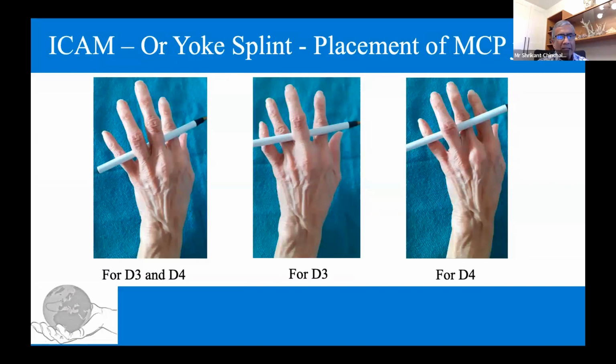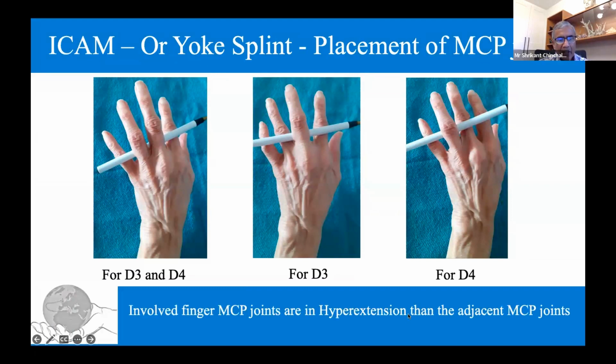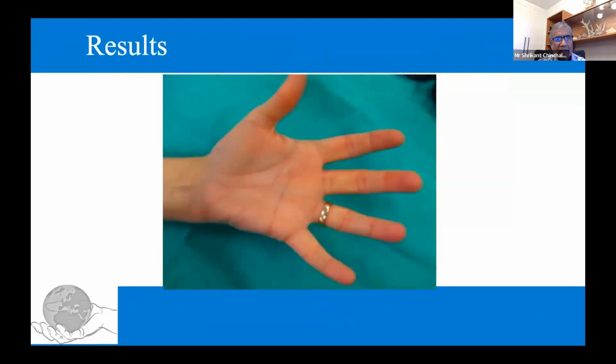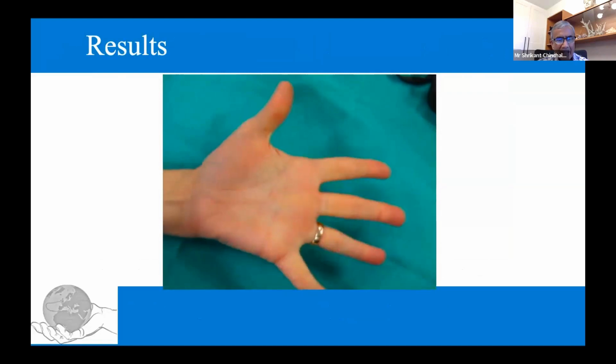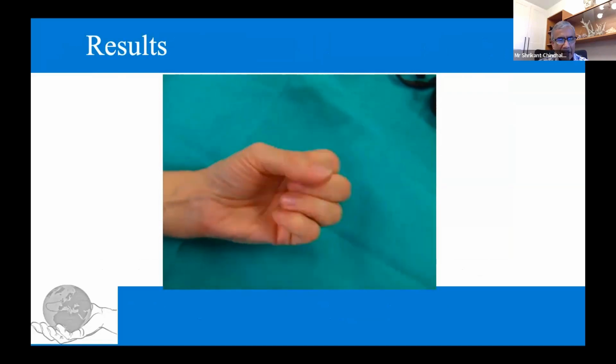So the principle is to use an ICAM splint or a Yoke splint. It is also called relative motion splinting. The principle is to keep the involved finger, the involved MCP joint, in a hyperextended position as compared to the adjacent metacarpophalangeal joints in order to relieve the tension at the repair site. The results with this are excellent, and I would strongly recommend that this is an ideal management for zone 6